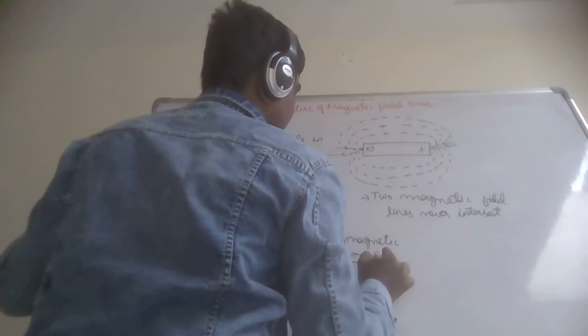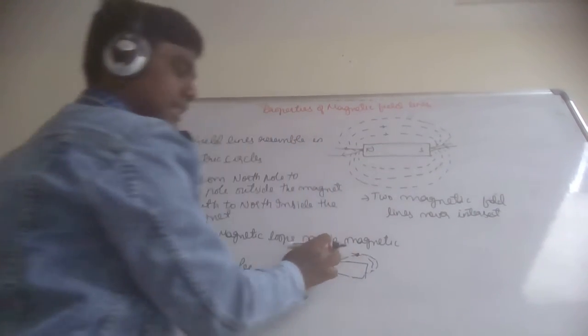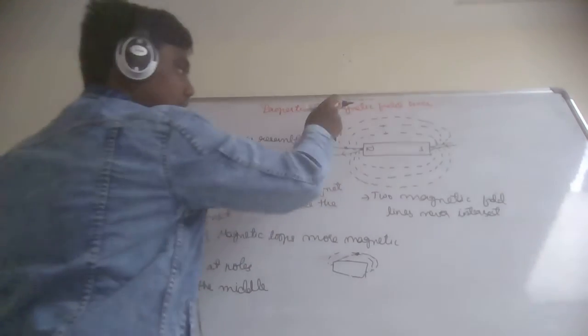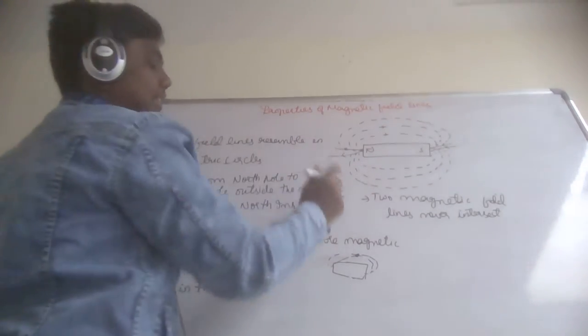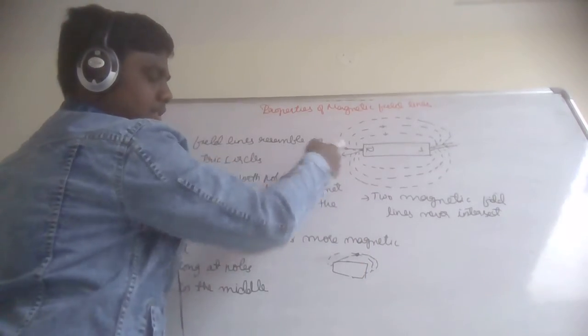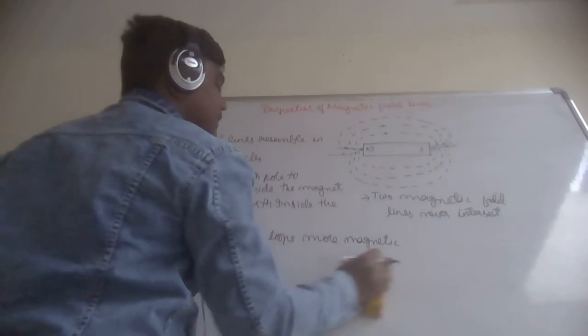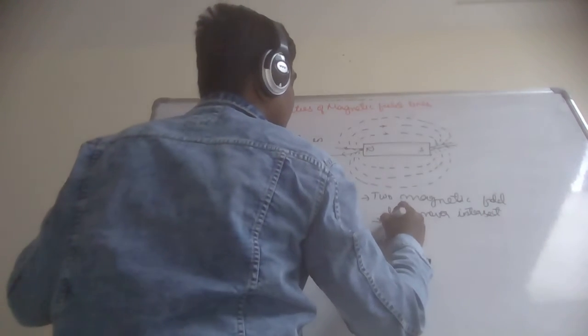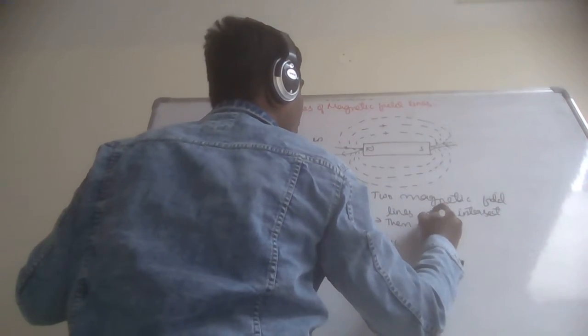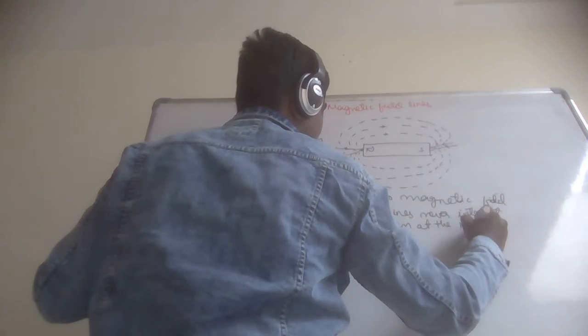Intersection means it should be like this, meaning at this point they are intersecting two magnetic field lines. But in the figure, or if we sprinkle the iron filings, they don't form like this, they form like this. What happens if they intersect? They will not intersect, because if they intersect, then at the point of intersection,